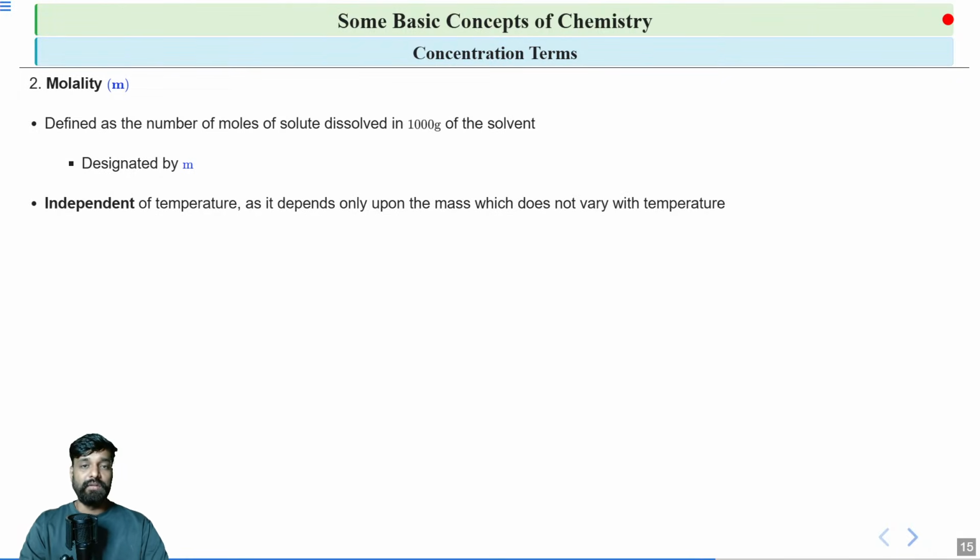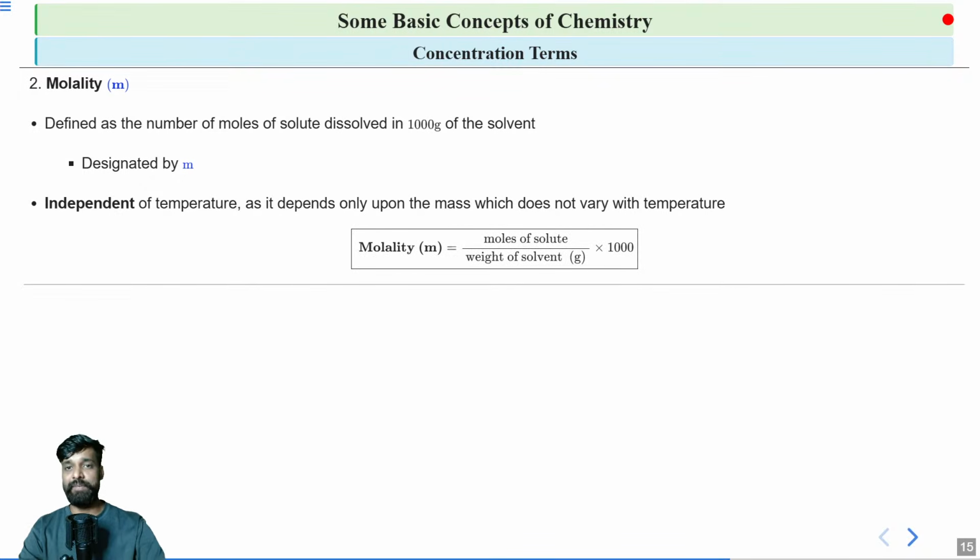Now next, since we are taking the mass here, we are taking the mass of the solvent and not the volume. As a result, it is independent of temperature. Your molality is independent of temperature. Finally, we can write the formula, which is simply moles of solute divided by the weight of solvent in grams